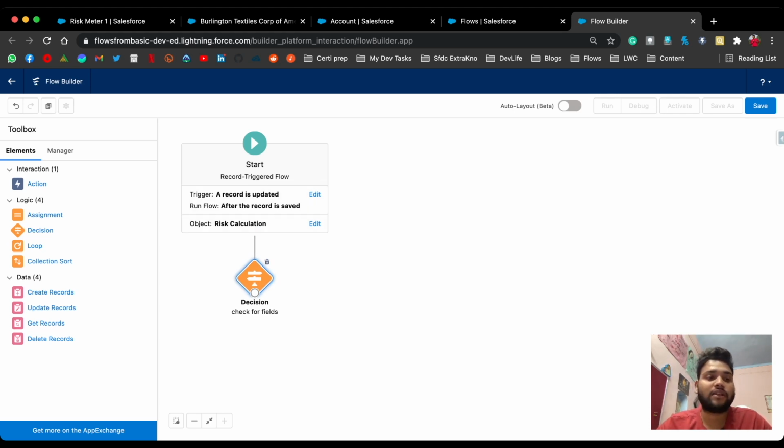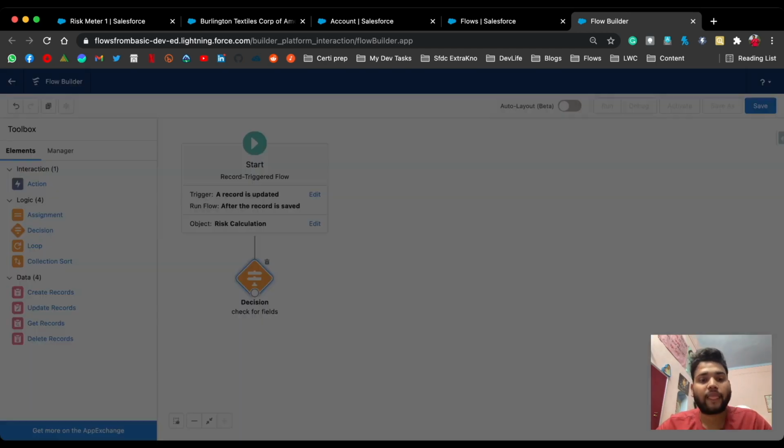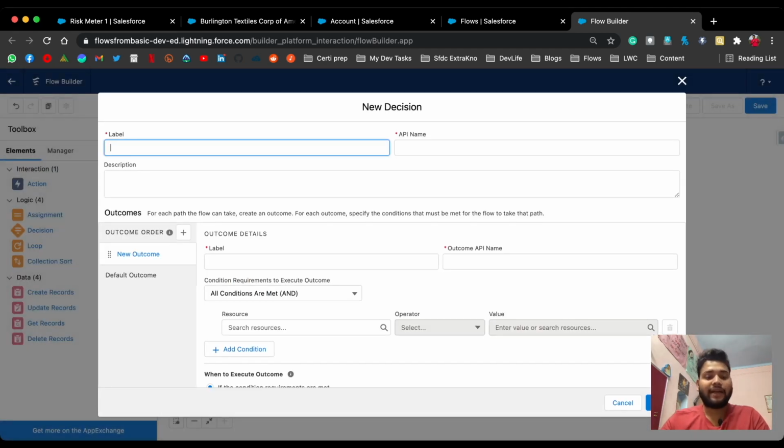Connect your 2 elements, which is start to decision, and then select one more decision element. This time you need to check the sum of these 6 fields, and I have to create 3 outcomes from there. So let's do that.